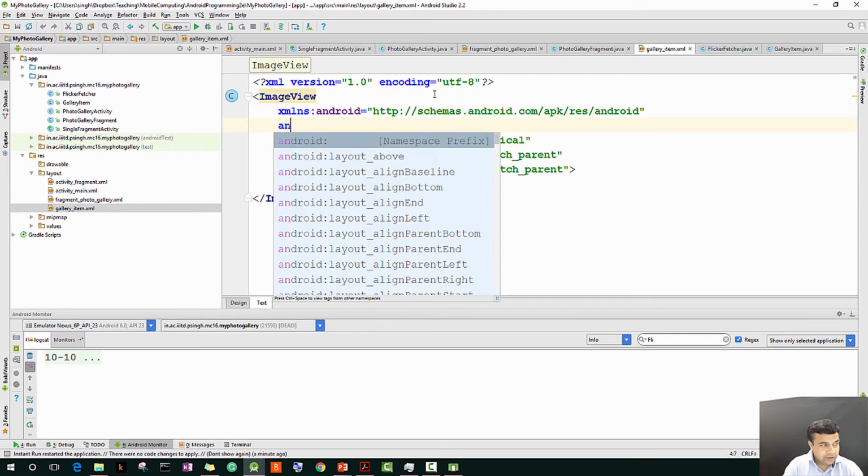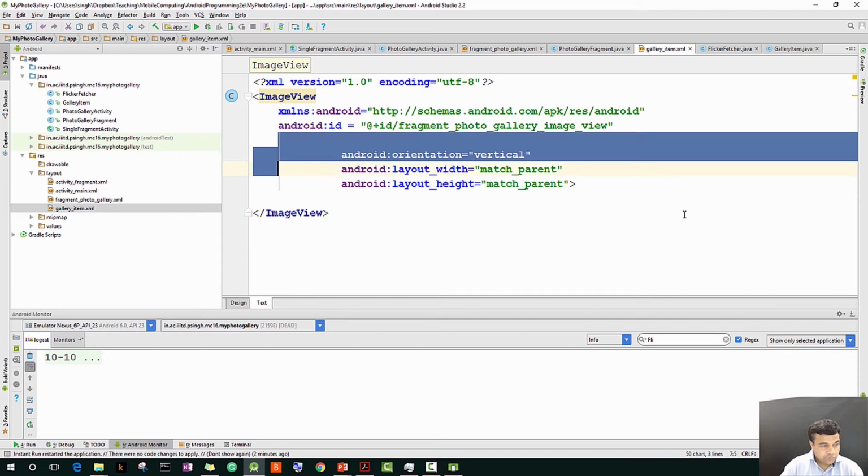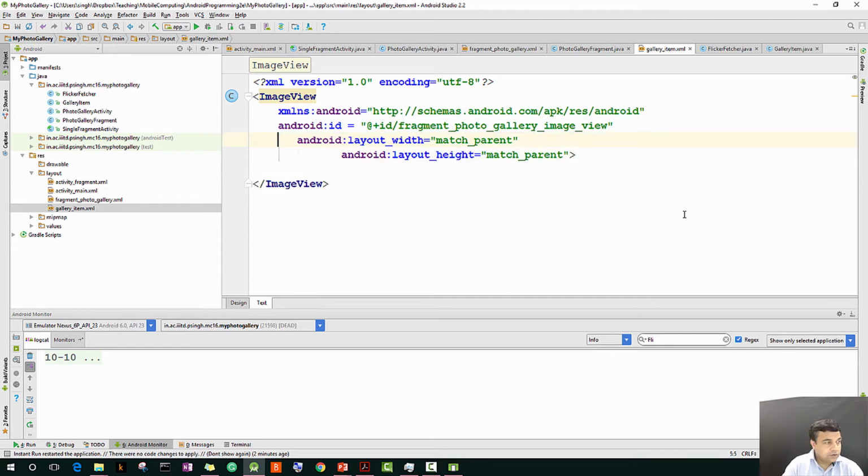I will add an ID because we are going to make use of it, equal to @+id/fragment_photo_gallery_image_view. And then we can remove this. The width and height, the width is okay, height we can limit. So if you remember, we developed our other app the same way. So height we can give 120 dp,